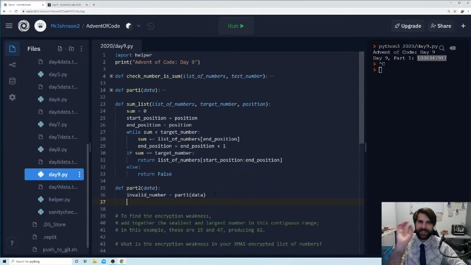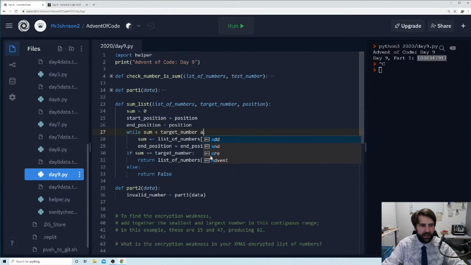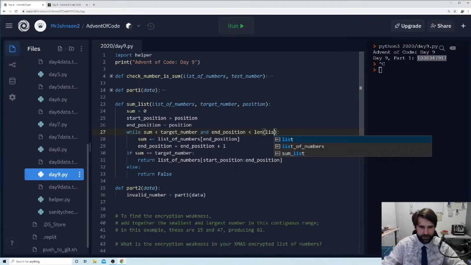Okay, so now we just need to write a little loop, and this should be fine. While sum is less than target number, and end position is less than the length of our list of numbers. We don't want it to be any longer, otherwise that would be bad.